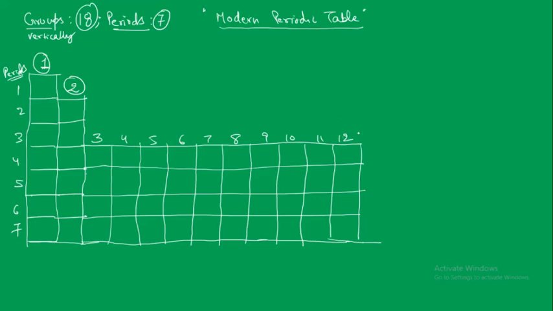Let's not get confused by using a lot of terms. Here we'll use just two terms, groups and periods. Till now we have drawn 12 groups, and we need to make 18. So 6 more to go. After 12, we go 2 steps up, since here we are 2 steps down, and draw something like this. Here we need to make 6.